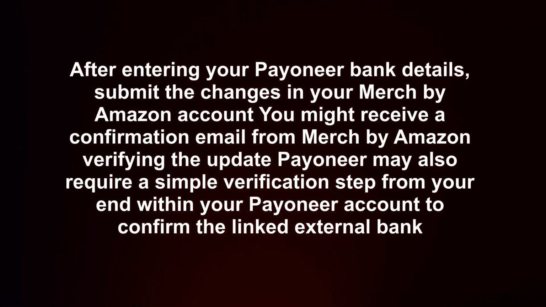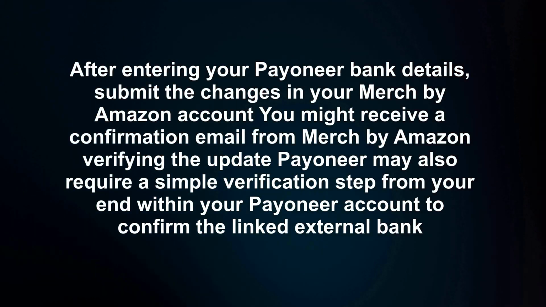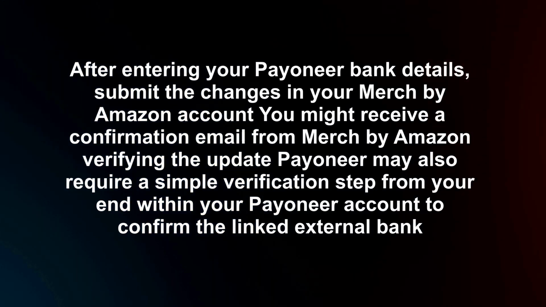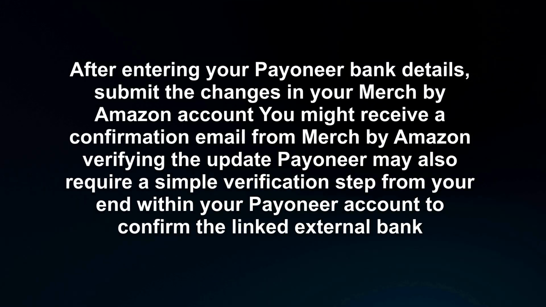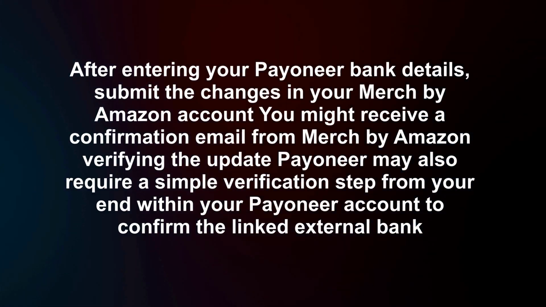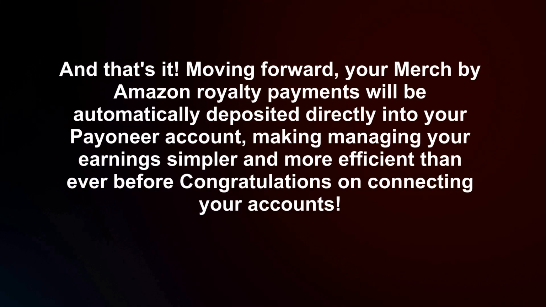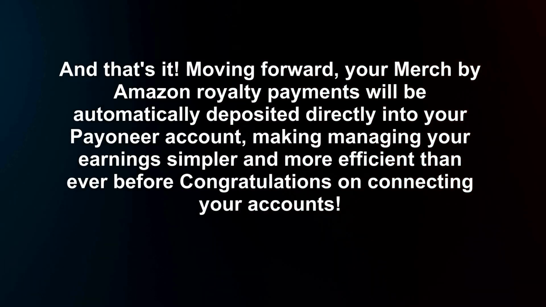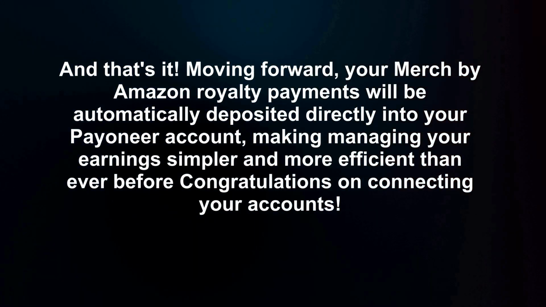After entering your Payoneer bank details, submit the changes in your Merch by Amazon account. You might receive a confirmation email from Merch by Amazon verifying the update. Payoneer may also require a simple verification step from your end within your Payoneer account to confirm the linked external bank. And that's it. Moving forward, your Merch by Amazon royalty payments will be automatically deposited directly into your Payoneer